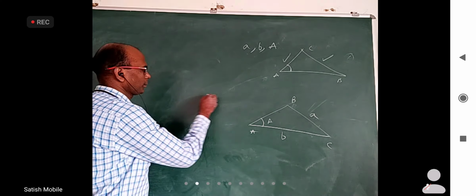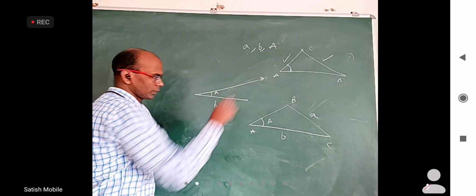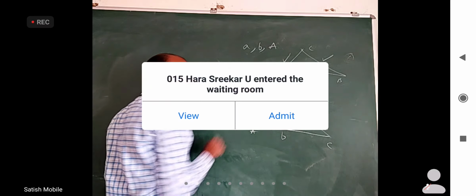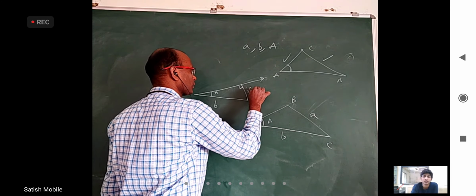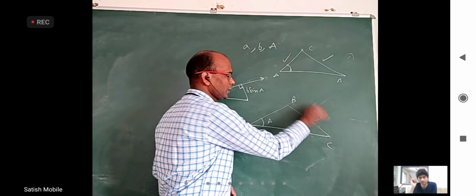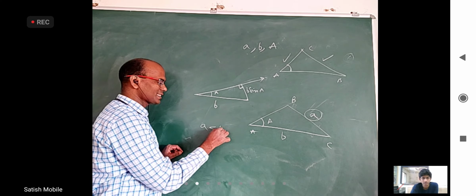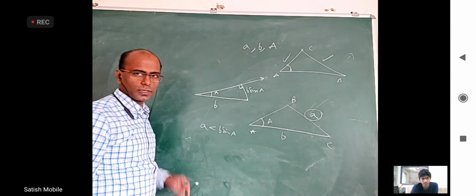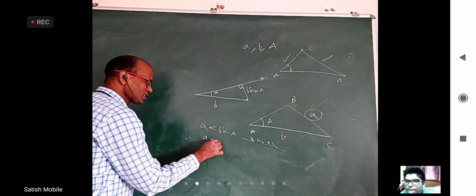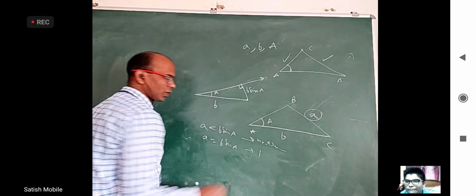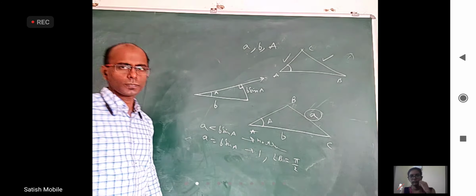So let us see carefully. Take small b, draw angle A, that ray. From here, what is this perpendicular distance? b sin A. So now this side small a, I have to draw an arc with. You can see now, as long as a is less than b sin A, no triangle, right? No triangle. And if a is equal to b sin A, only one triangle, that too with angle B equal to 90 degrees. Here it will be perpendicular.